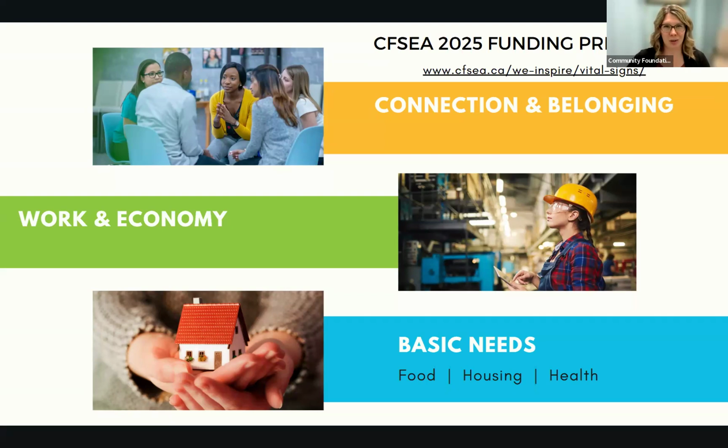We go into detail about different stats and stories about each of these priority areas: connection and belonging, work and economy, and then basic needs, including food, housing, and health. So if you're here today and you have a specific project in mind that you're looking to apply for, make sure it fits one of those priority areas in order to make sure you're eligible.